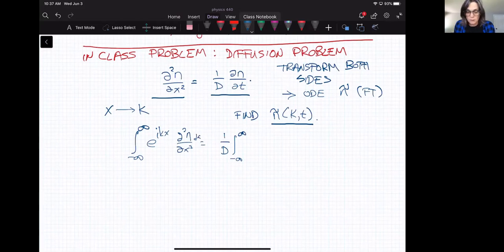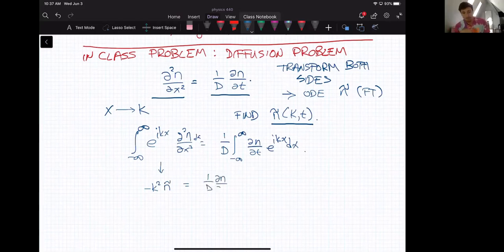So this is dn/dt dx. All right, so that's your first step. This becomes minus k squared, we'll call it n tilde. Again, that's the Fourier transform. And then this becomes 1 over D dt. Everything else